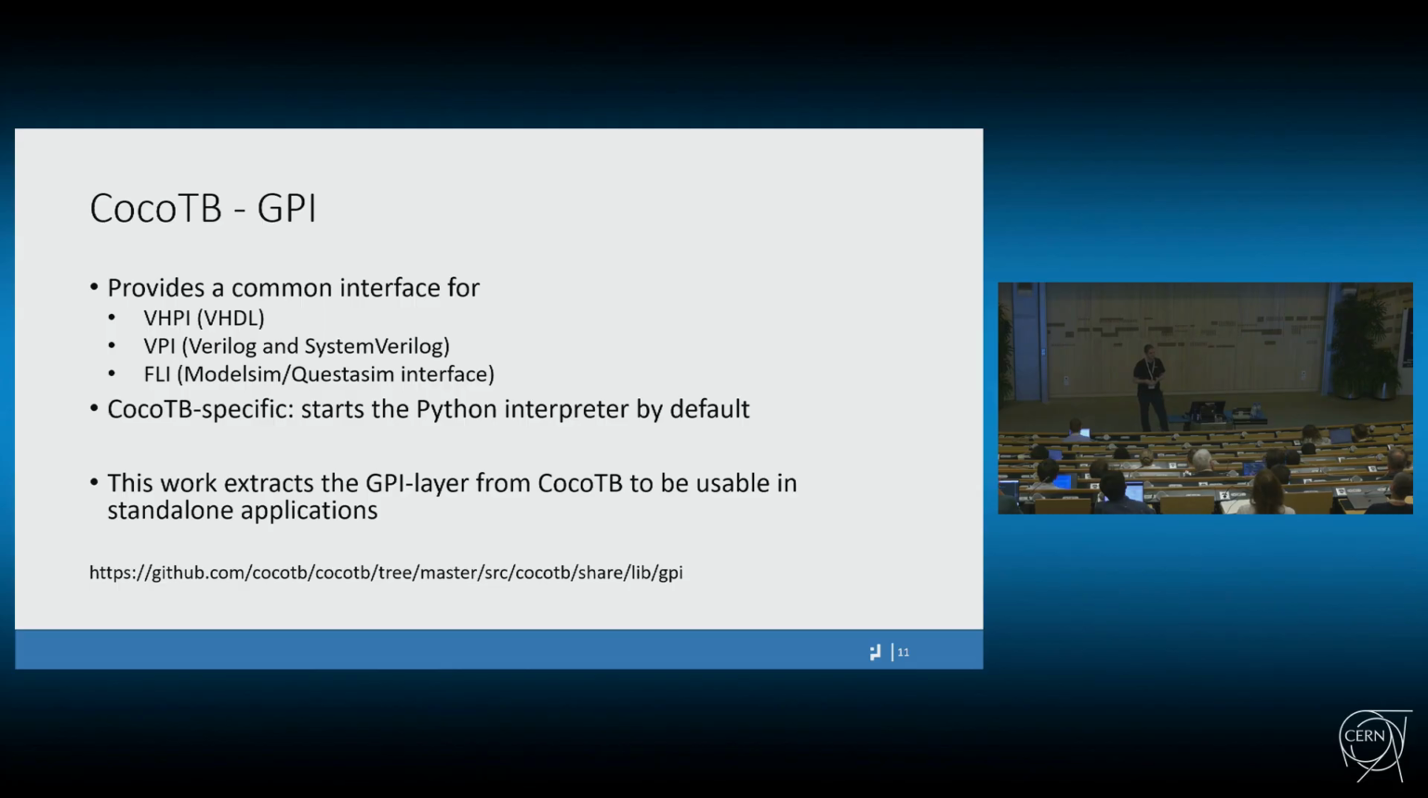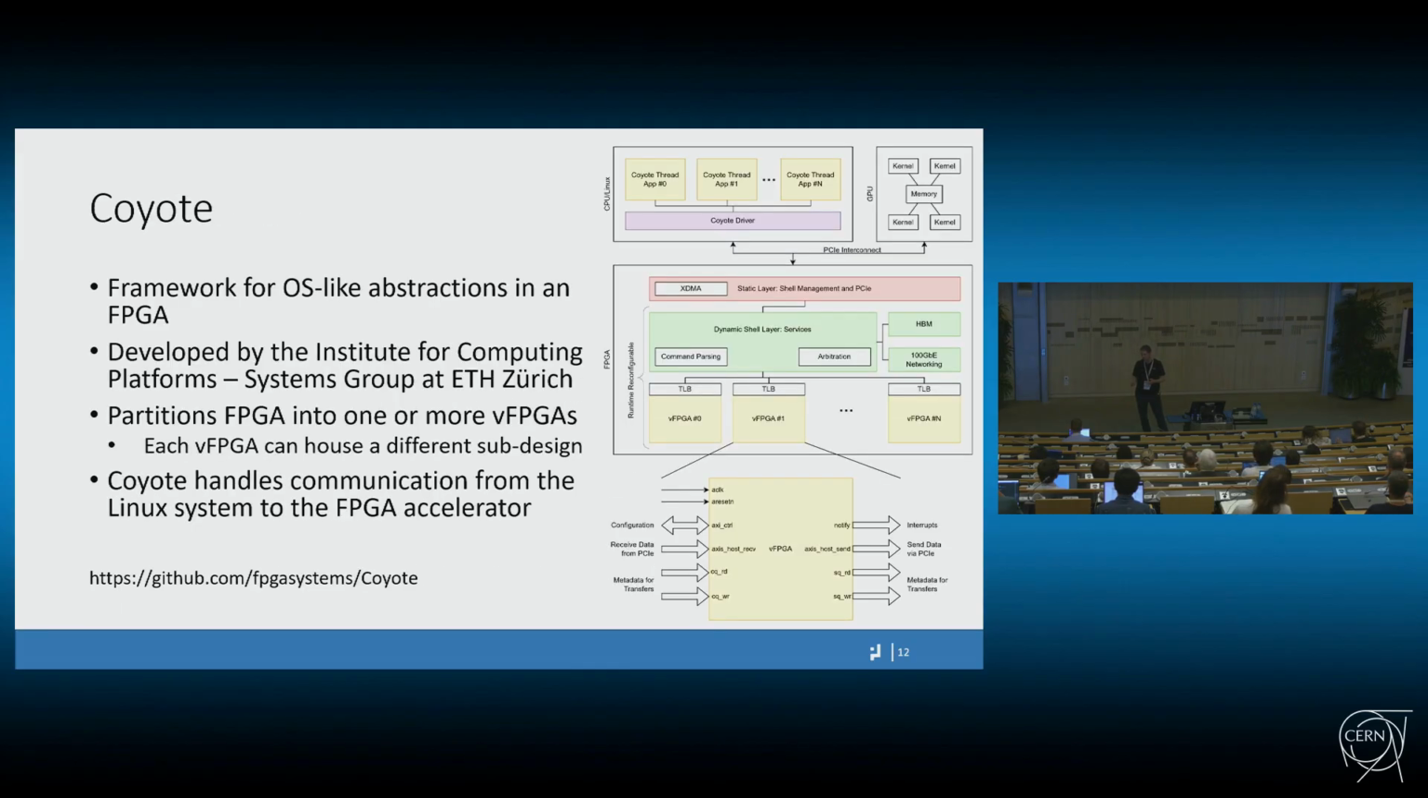By default, the GPI is CocoTB specific, so without modification, if you just look at the code in the repository, then it always starts a Python interpreter on startup. And in my master thesis, I extracted the GPI from CocoTB and made it usable for standalone applications. So now we have an interface